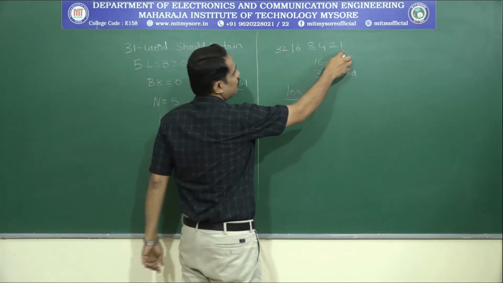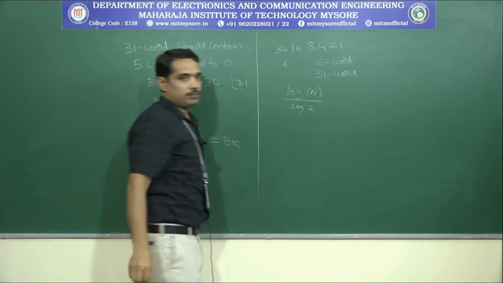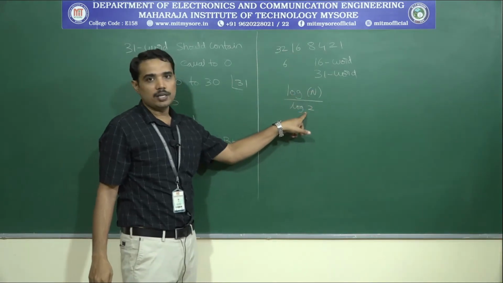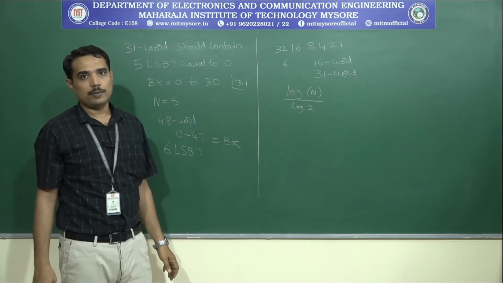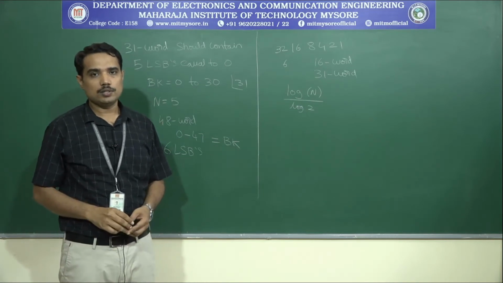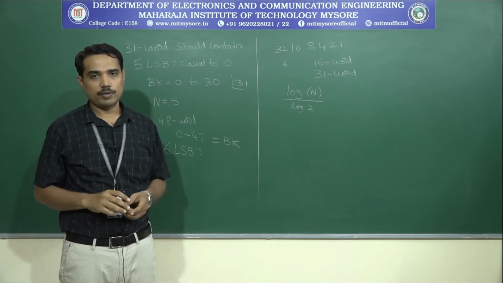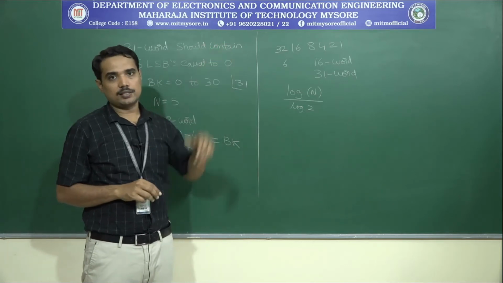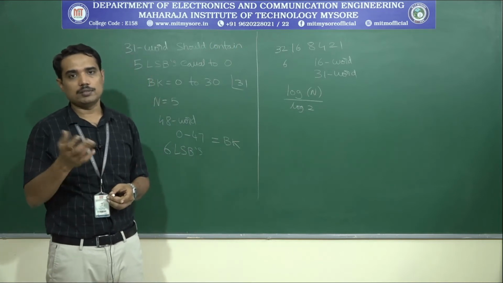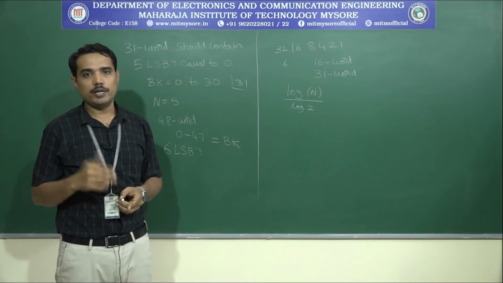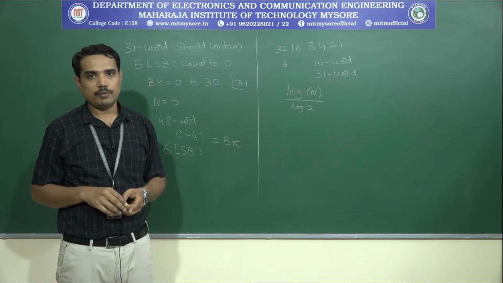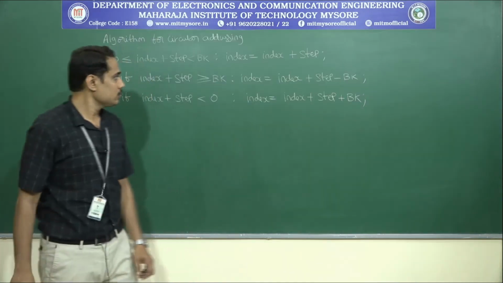We need 4 plus 2, 6 LSBs. Or otherwise, you can apply the formula log of n divided by log 2. In this way, we load the value of the buffer register and make the n LSBs of the address 0. And then we proceed with finding the updated pointer value with the auxiliary registers. The auxiliary registers we are referring to are AR0 to AR7.